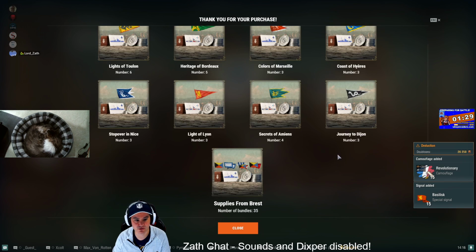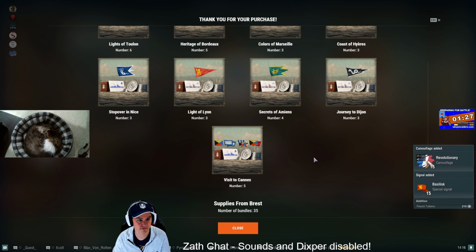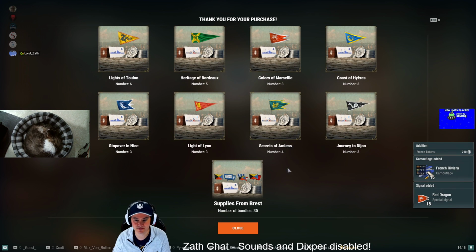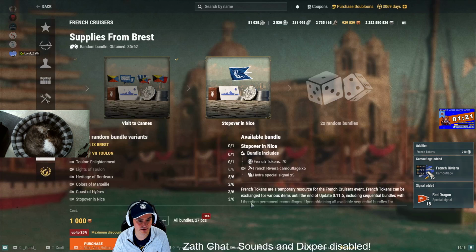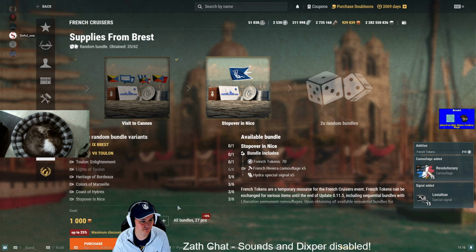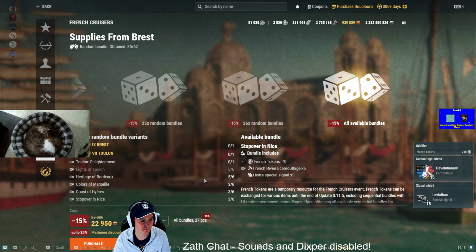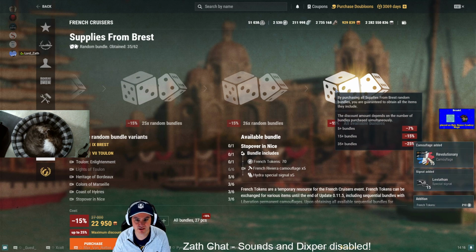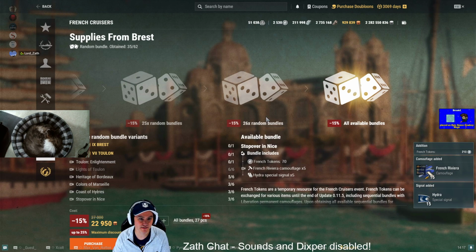Okay, so now it shows me everything that I got, which is a whole lot of nothing. So I did 35. And I still have 27 pieces left, and I didn't get either of the ships. It's a terrible RNG roll. So now if I want to finish this, it's going to cost me more money because now I can only buy, you know,